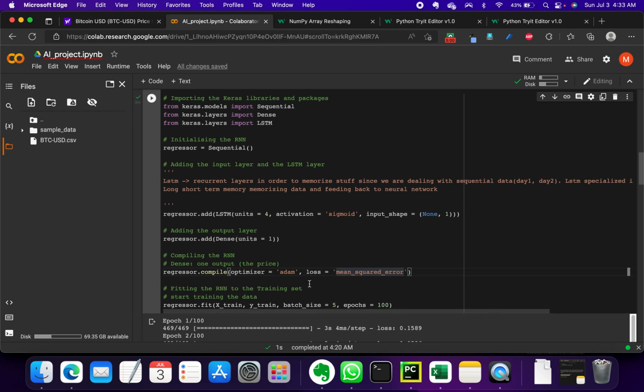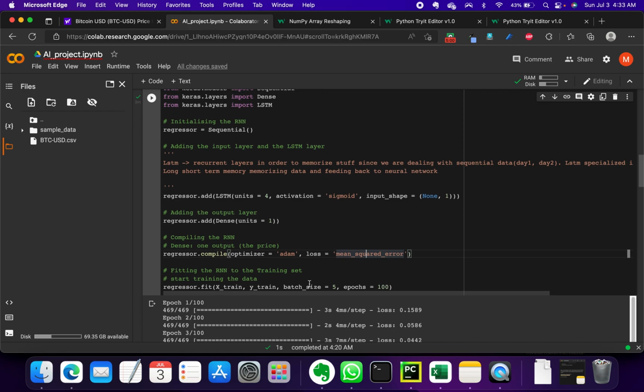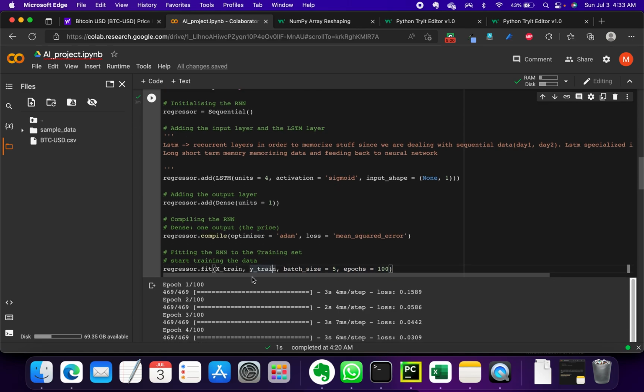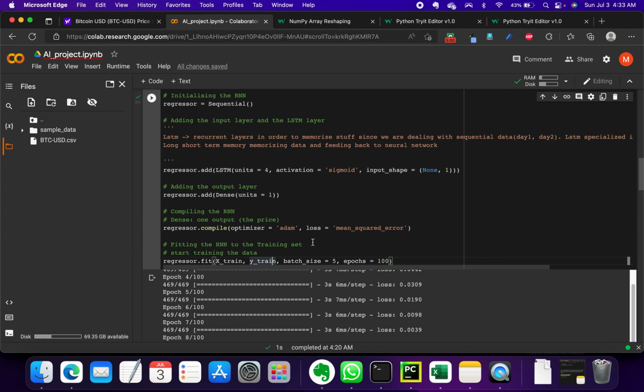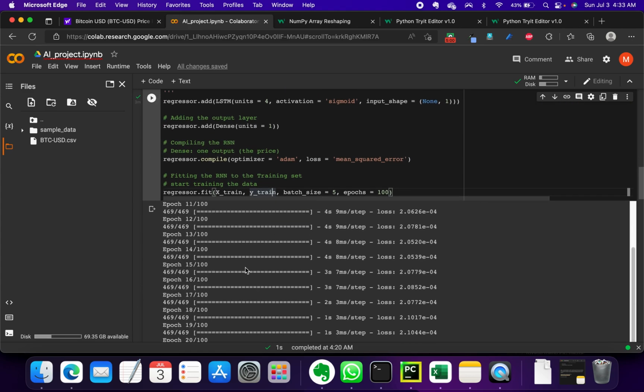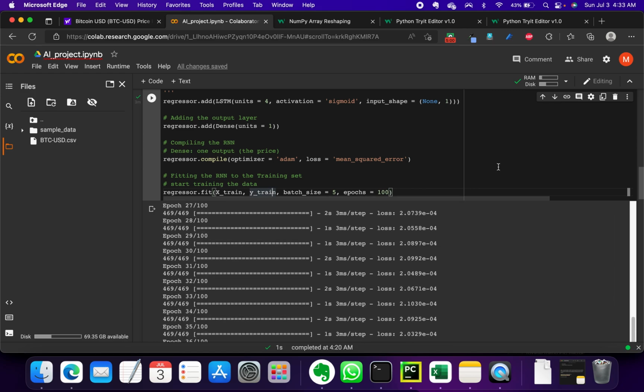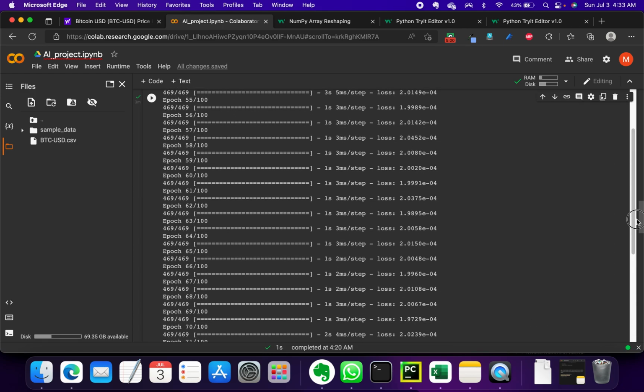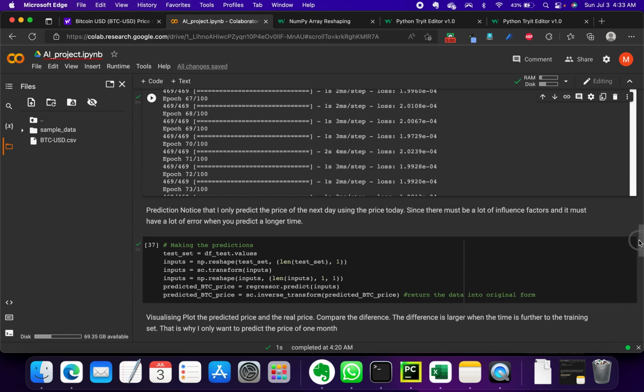Finally, we have started the training of the data. We are passing X train, Y train, and batch size and epoch. After running this, it will start to train the data. I will not run it because it takes time to train the data as we have very large data. After doing all of this,